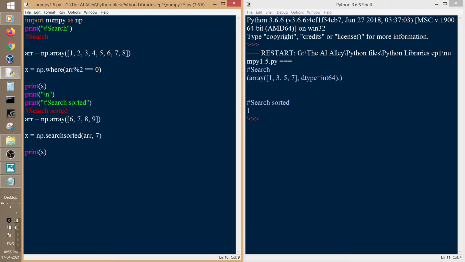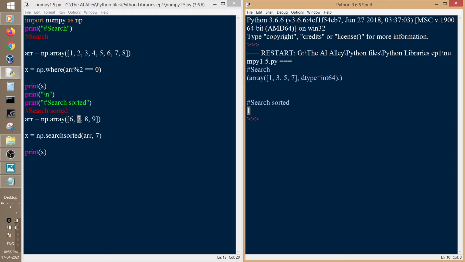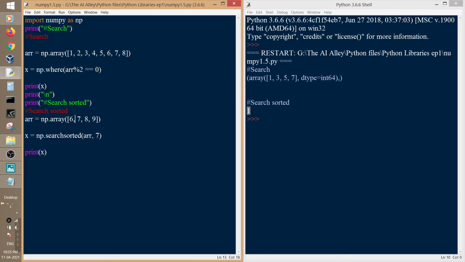The index of 7 here is 1 and it is returned to show that it should be placed in that index. So let's try and modify it and do like this. It should return any of these indexes for putting the value 8 in between of this sorted array.